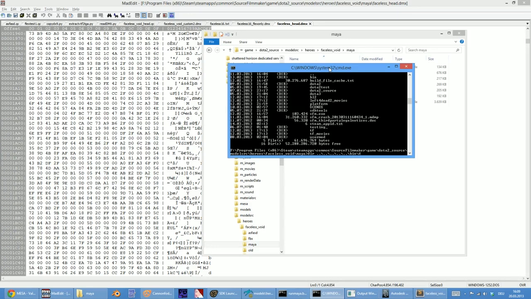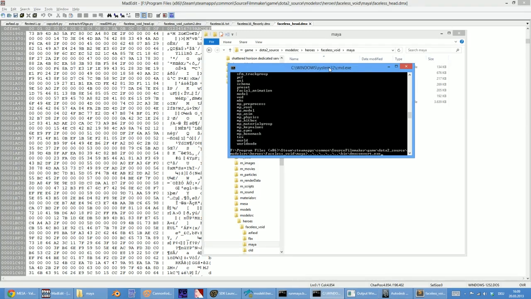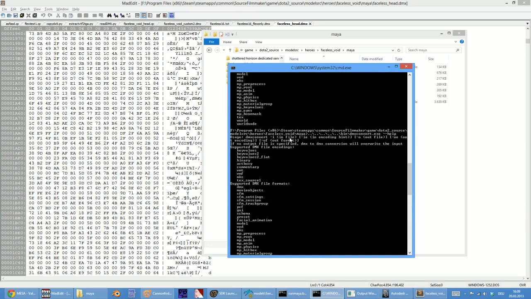DMX convert is the name of the tool. And let's just consult its help function. So there you go, the usage. You have to specify the in file, the out file, the output encoding, and the output format, which in this case we have the in file,